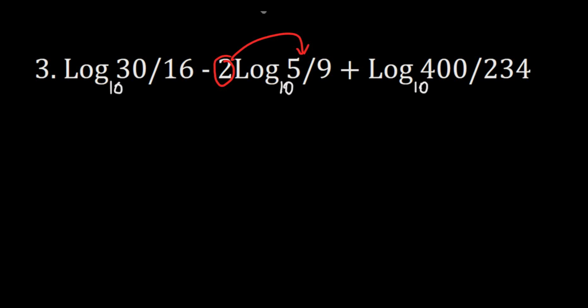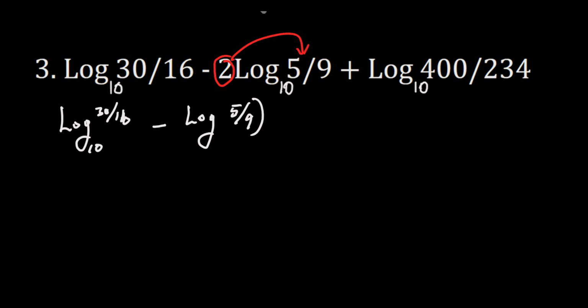So once that happens, this will become log 30 over 16 to base 10 minus log 5 over 9. So we can simply put this in a parenthesis, squared to base 10 plus log 400 over